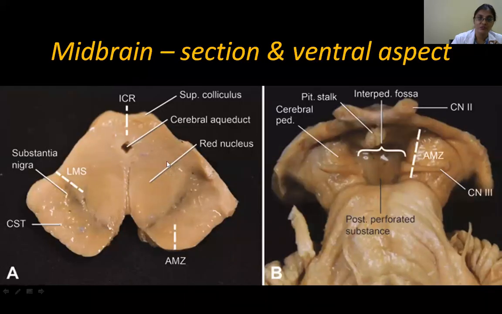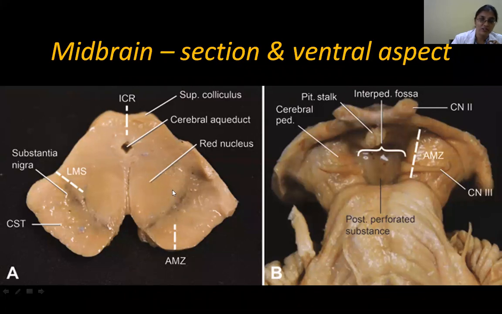And this is a section of the midbrain. So here the cerebral aqueduct, this elevation which you can see, and here you will have this nucleus, the superior colliculus, and you'll have a pretectal nucleus. So this is the tectum. If you draw an imaginary line here, behind it is the tectum, and this is all tegmentum. So this will be the superior colliculus and a small nucleus before it, that is the pretectal.